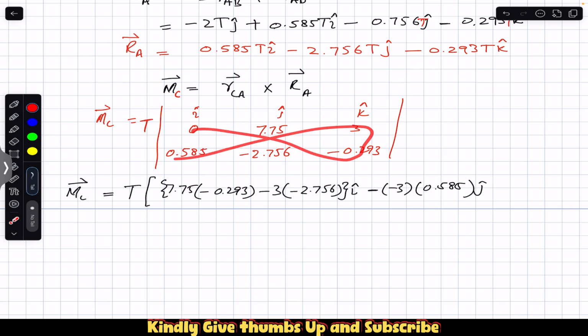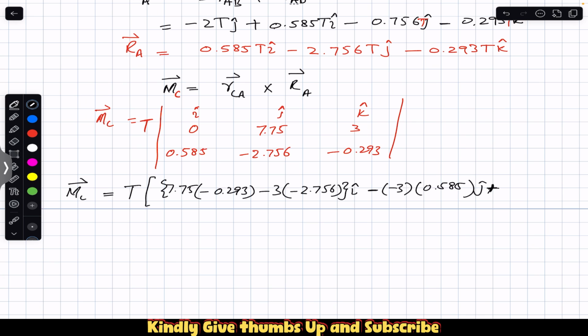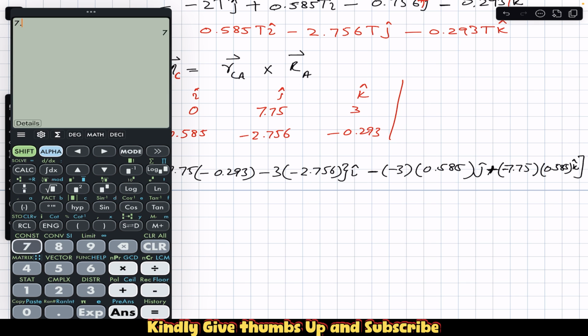So this into this. And similarly for K, we have to hide this row, this column, 0 into this minus this. So we will write plus 0 into that, and minus 7.75 into 0.585 K. The I component is 7.75 into minus 0.293 minus 3 into minus 2.756. So this is 5.99, approximately 6 pound-feet